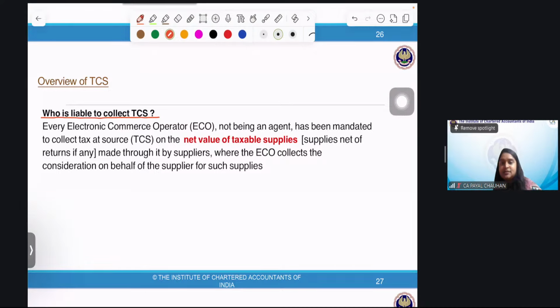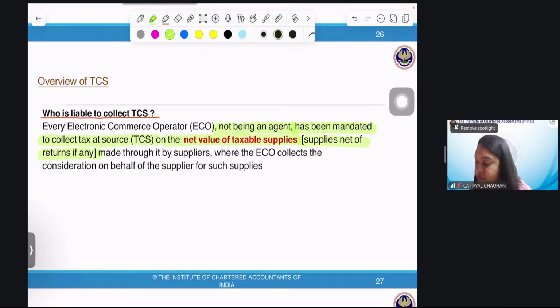Shall I read it now? Everyone got their answers? Anil got it: where it is RCM, then no TCS. Yes. Now, every electronic commerce operator, eco, not being an agent. Tell me first of all, did you people understand this word? I need this to be mentioned in your answer sheet. Not being an agent has been mandated to collect tax at source on the net value of taxable supplies,